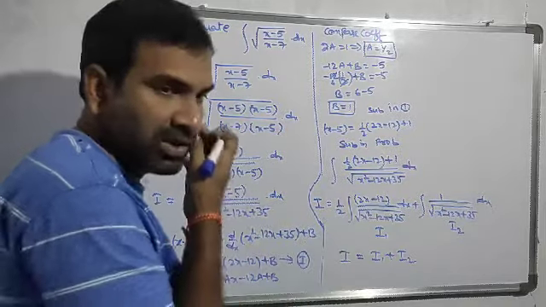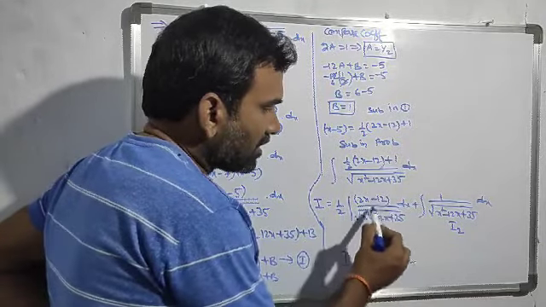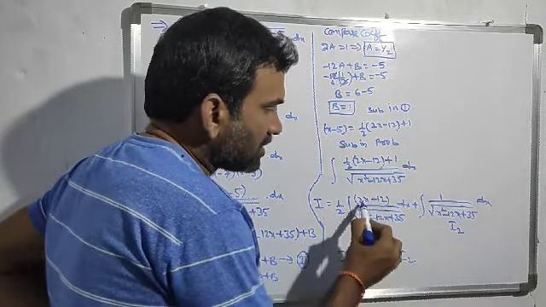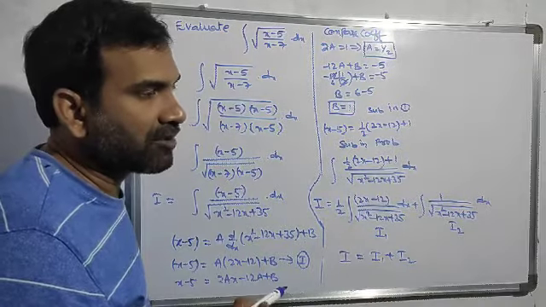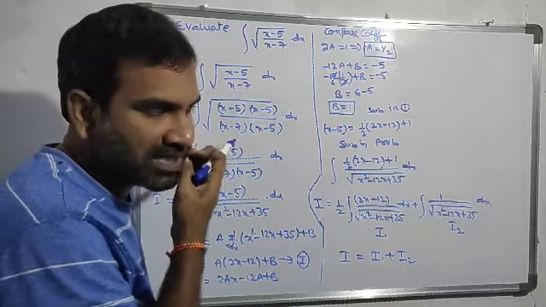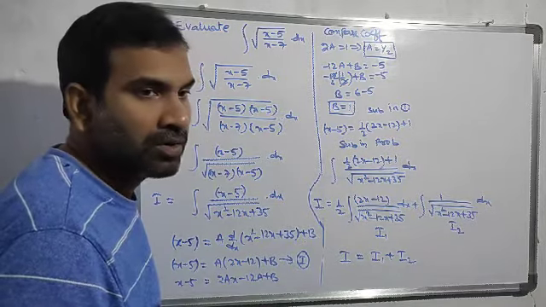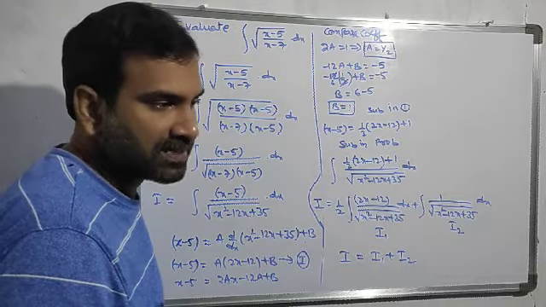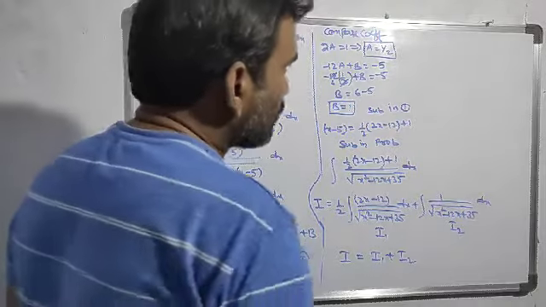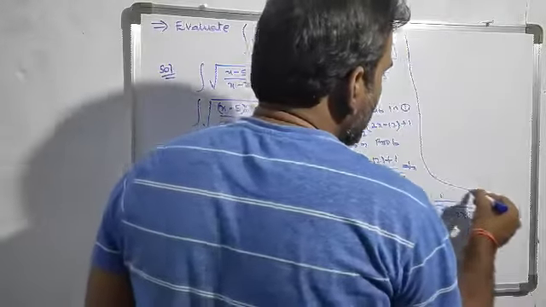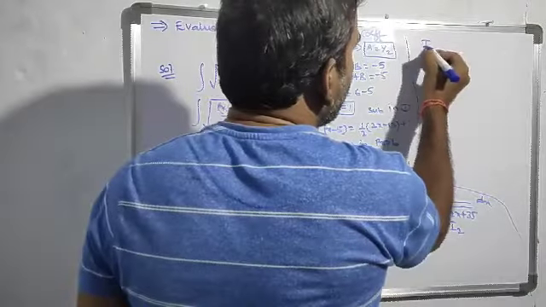It is very easy. You just observe that in the integration, this is f of x, and in the numerator you have f dash of x. The integration of f dash of x into dx by square root of f of x, what is our answer? 2 root of f of x. Already we have this, I am just applying those values. First I am writing the I1 value here.